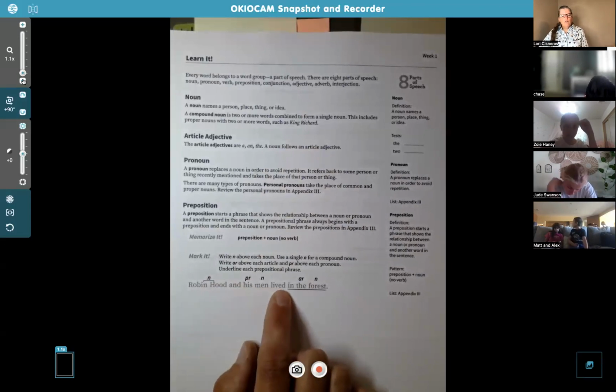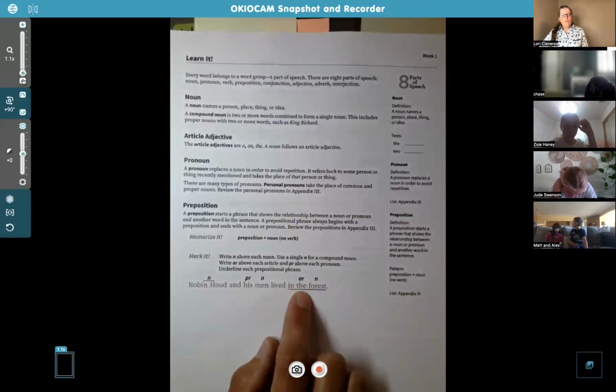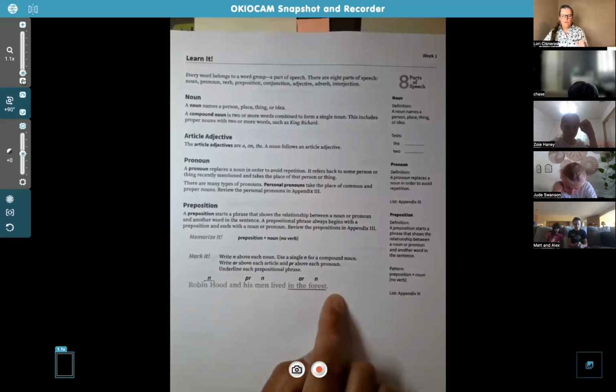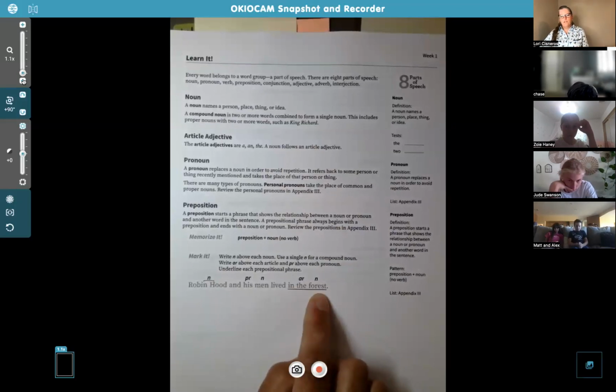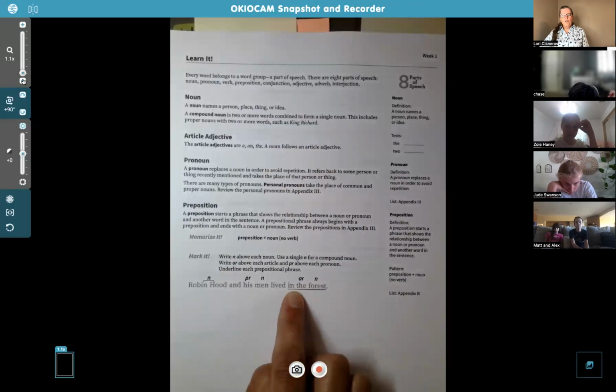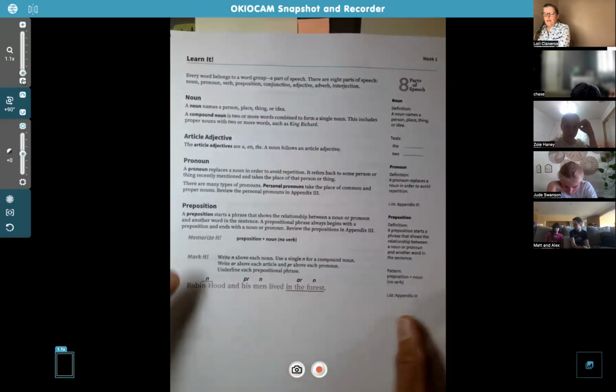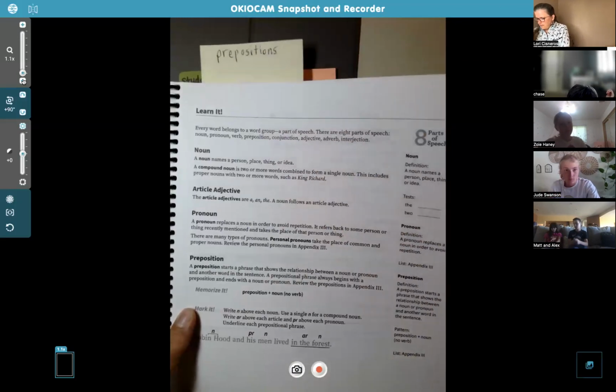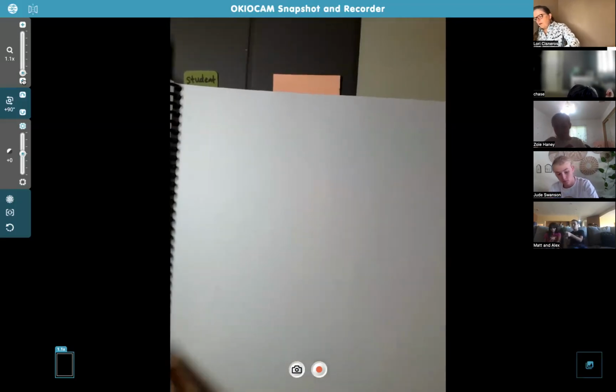And then we have articles here, we have the article the. Remember, it's just a, and the for article. But here we have the prepositional phrase. It's underlined, and you're going to do that in your book. But don't worry, we're going to practice this together. In the forest. So if you just take a peek at your prepositions page that you just marked and double check, is the word in